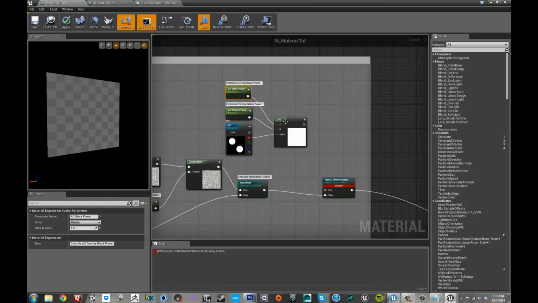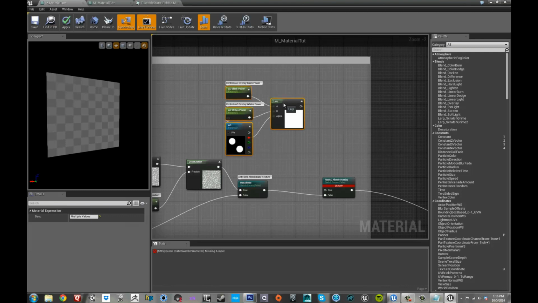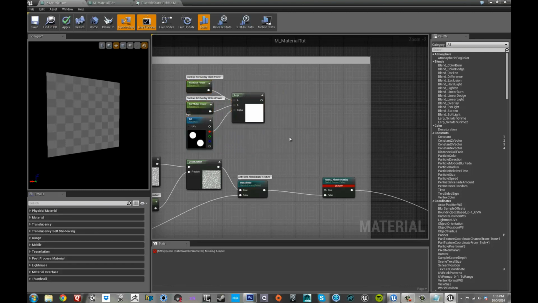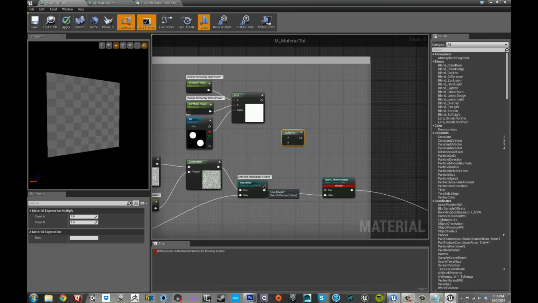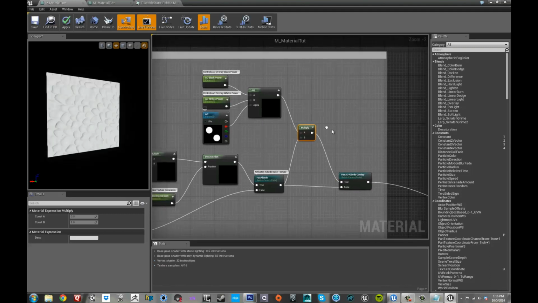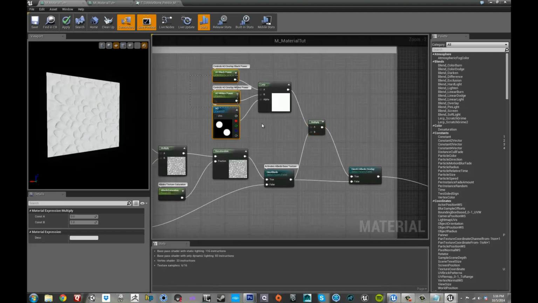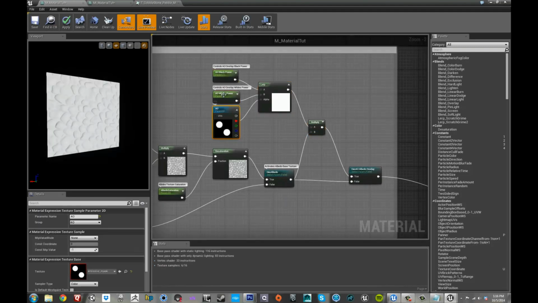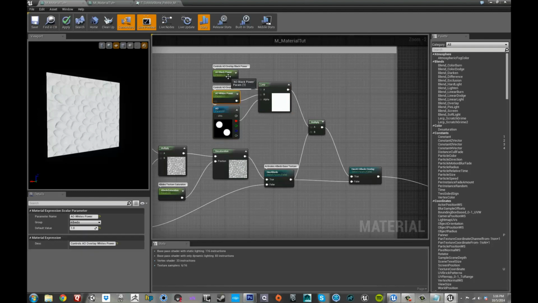And that's because it's reading it as a black and white value is what it's doing. Alright, so we'll move this out of the way, and now if true, we want to multiply all of this together. Right? There we go. So now when we true, we're adding this math to the albedo, and let's just make sure that all this is inside of the albedo. We'll go ahead and apply this,